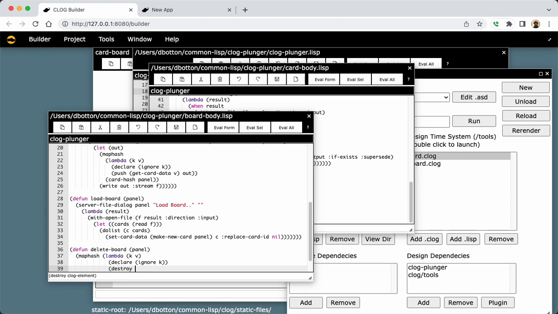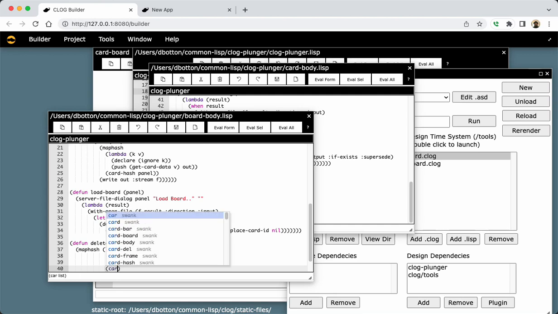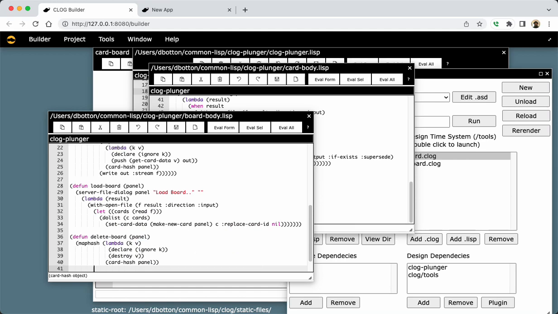So let's do this. V is going to give us the actual value, so let's go card V. That's our actual object. Okay, so let's go one by one and we'll delete them. Card hash, from the panel. Good. Okay, so now once we've actually gone through and deleted each card,